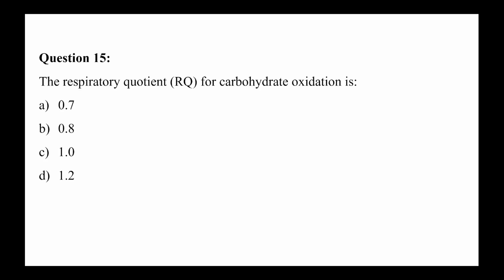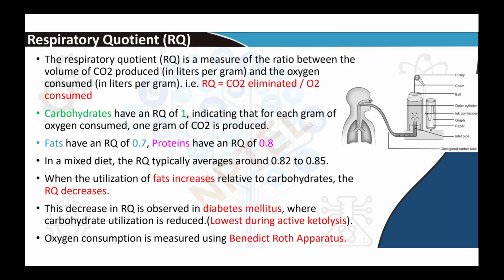So the correct answer to this question is option C, 1. The respiratory quotient is a measure of the ratio between the volume of CO2 produced and the oxygen consumed. So RQ is equal to CO2 eliminated divided by the oxygen that is consumed. Carbohydrates have an RQ of 1, indicating that for each gram of oxygen consumed, 1 gram of CO2